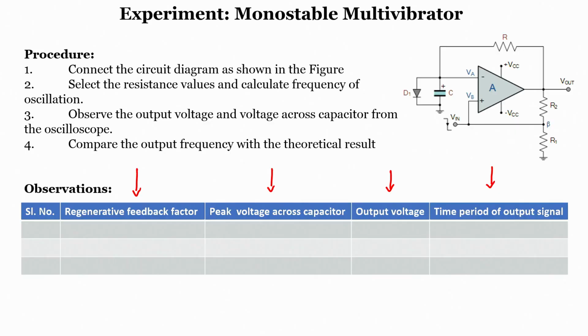Now, we will look into a monostable multivibrator. In the case of an astable multivibrator, we do not require any kind of triggering input. Once the power is on to the operational amplifier, the op amp directly gives an output square wave, and the frequency of the square wave entirely depends upon the charging and discharging rate of a capacitor. That is nothing but our beta value, or beta into VSS value, which is the higher threshold and lower threshold values of our Schmitt trigger.